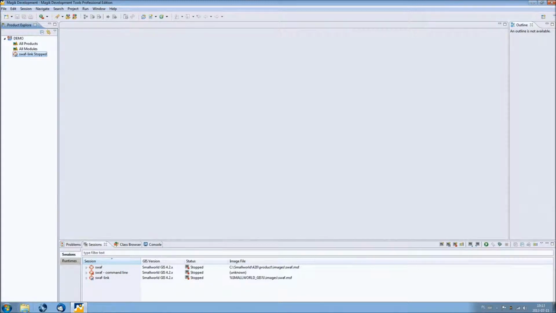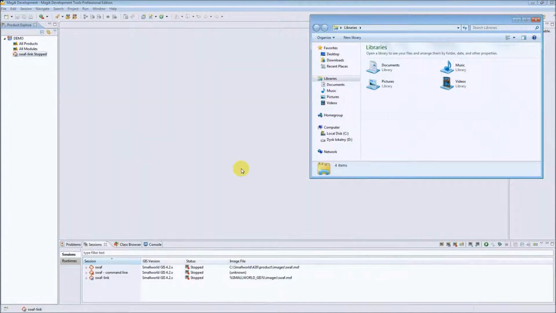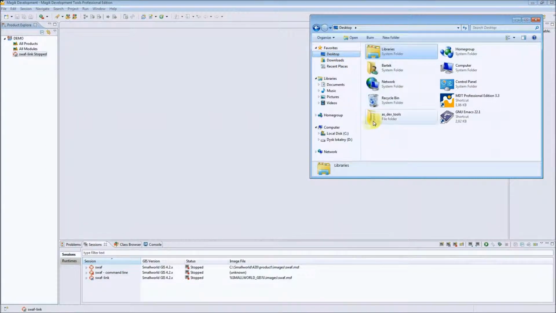And for example, if you would like to import some sources, you can use different wizards to do so, but the simplest way is just to simply use a drag and drop to move your sources to a Magik project. As you can see here, we have an ASDevTools product. It is a very simple product. It is also available on our migration FAQ available on the site, and to import it to our project we just simply have to drag and drop it